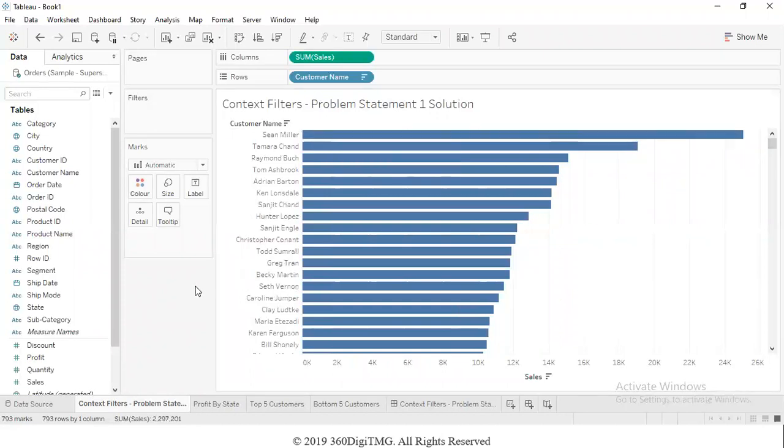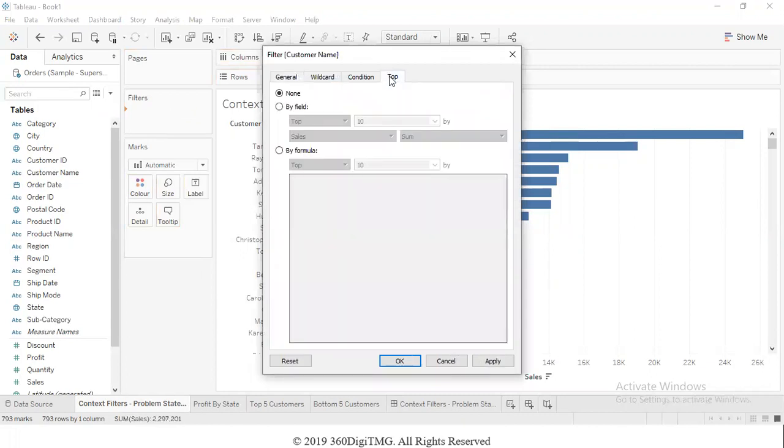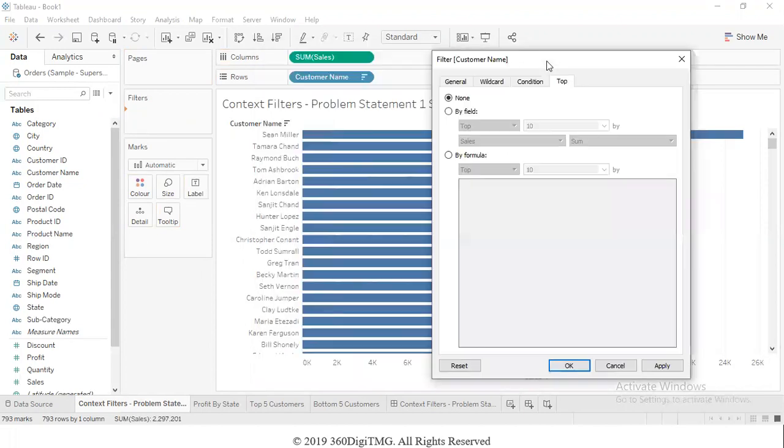But our interest is to look at only these 5 customers and not the rest of them. So we need to eliminate or filter out the remaining customers, which can be done by taking the dimension customer name to the filters shelf. Here we can directly jump to the top tab, which is used to set up a limit on the number of data points that you would like to see on the visualization that is built.